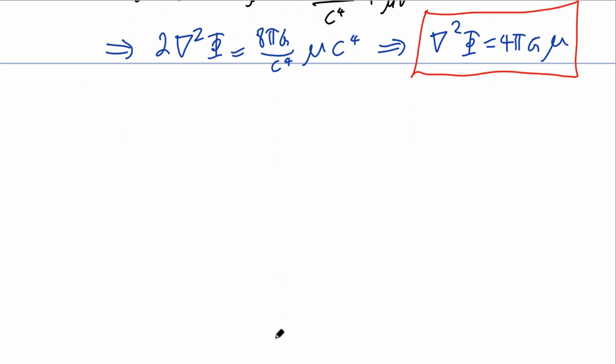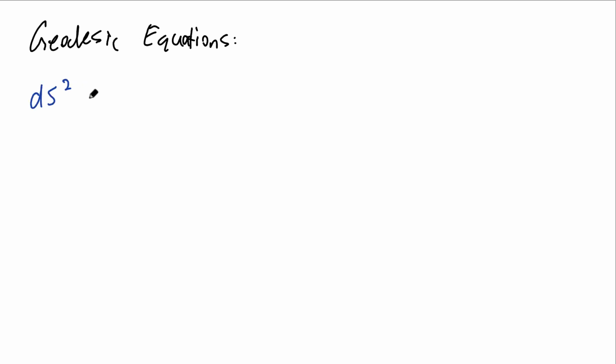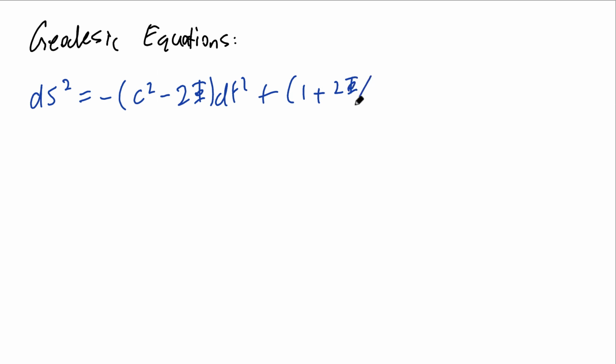Now, the last thing I'd like to do in this lecture, and this will strengthen the connection between relativity and Newtonian gravity even further, is to look at the geodesic equations. In particular, the geodesic equations for the metric in the static weak field limit. So that's ds squared is minus c squared minus 2 times the Newtonian potential phi dt squared plus 1 plus 2 phi over c squared times the flat space metric dr squared plus r squared d